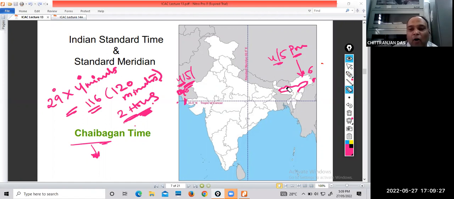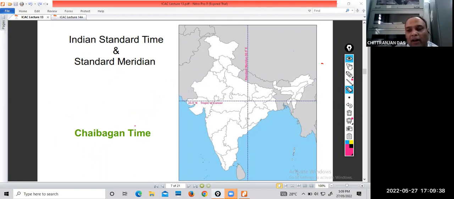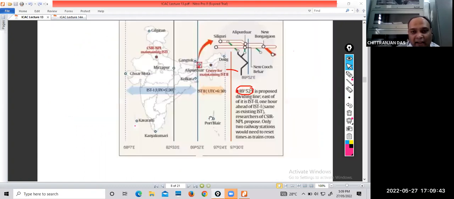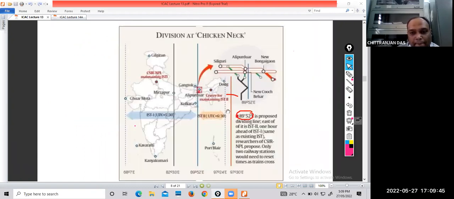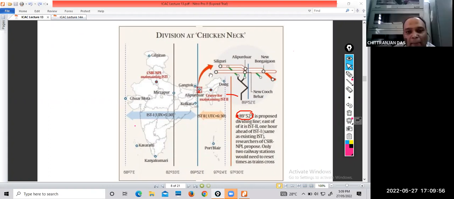ओके, but the thing is that, now what has happened, this was there, but what has happened that after independence and all, we prefer to have one standard meridian and one standard time for the entire country. However, I am sharing something which is latest. However, in 2018, you can see, all of you are able to see the map. Yes, sir. Okay, so what has happened that there is an organization, okay, which is CSIR NPL, which is a